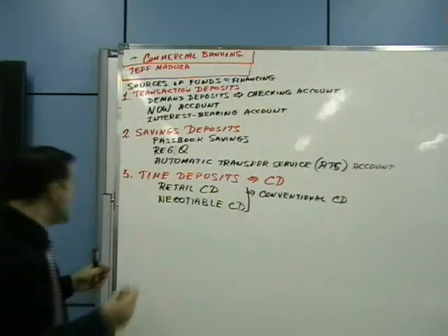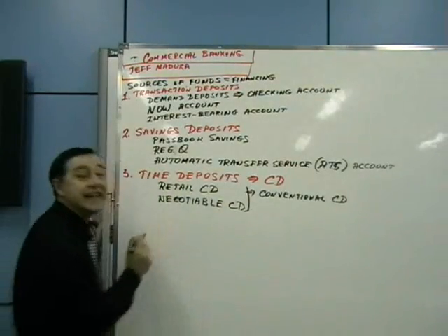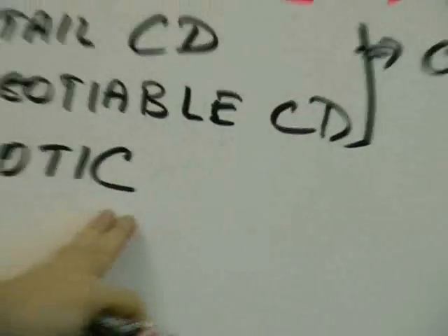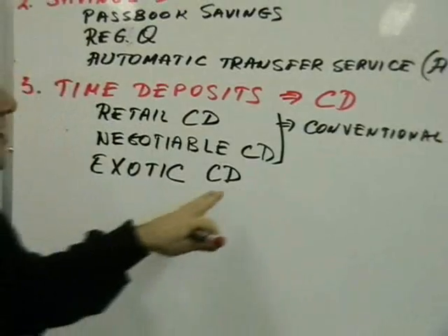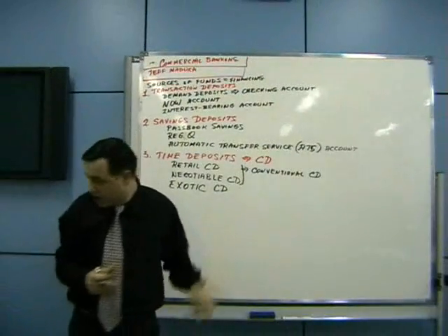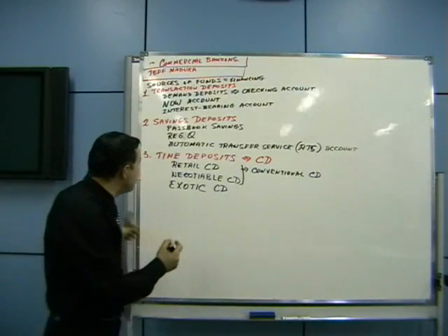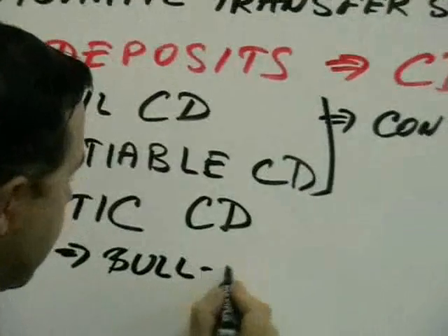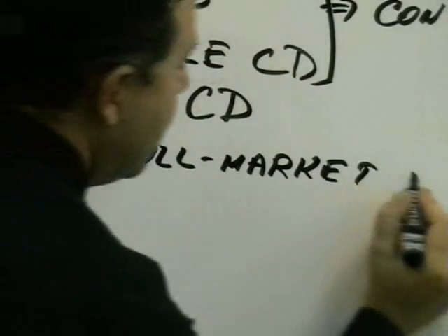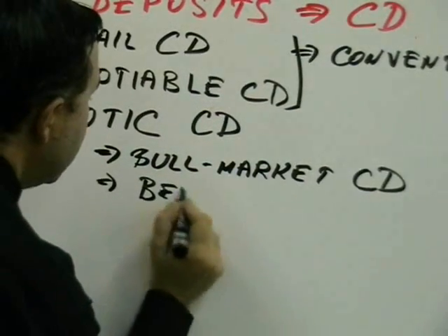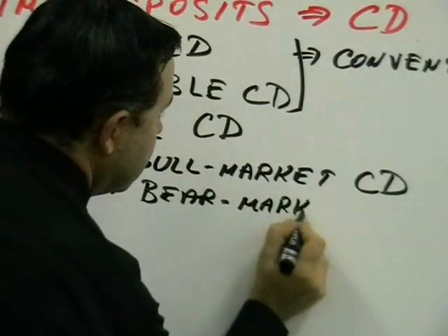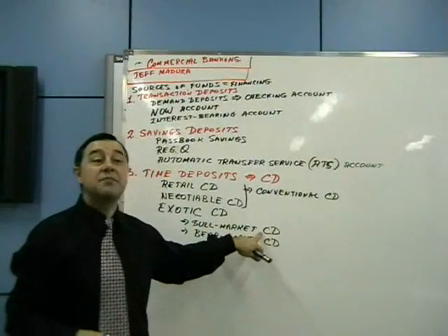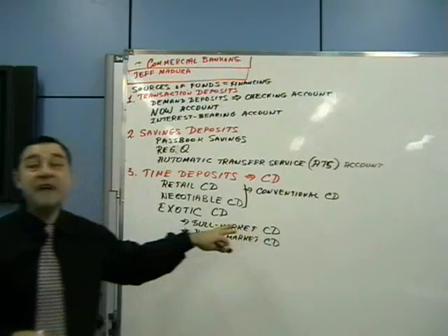But besides conventional, you have another type of CD, which is exotic CD. So, what does exotic CD mean? It means that it is a CD with a particular feature. Two examples which the textbook provides for exotic CD are a bull market CD and a bear market CD. So bull market CD is a CD that provides a minimum guarantee, which is the face value of the